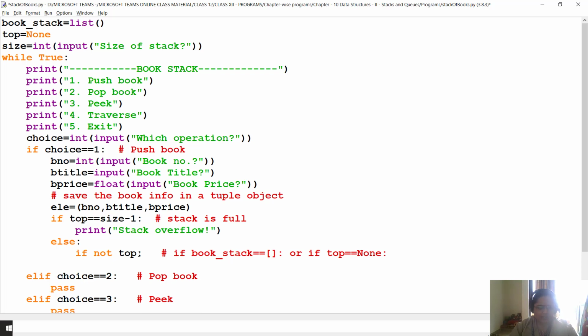If not top means I am looking for the condition where it will evaluate to false, and if top is none, it is false.